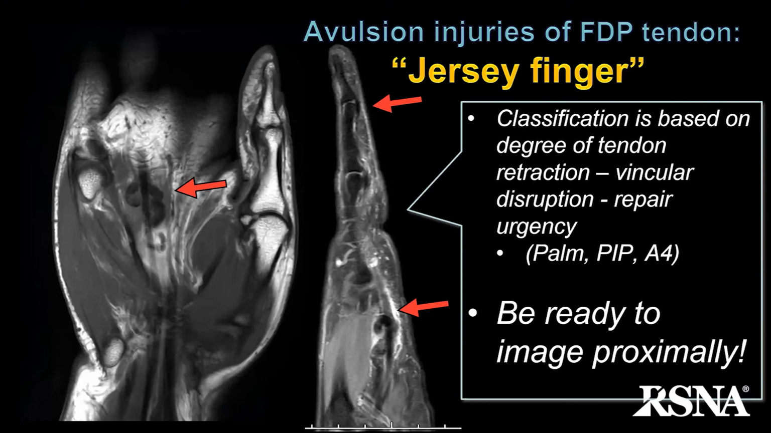This is another example of jersey finger when the tendon was retracted even proximally to zone 2, and the patient presented with the inability to flex the DIP, but also a palpable mass at the palm. So as you go into imaging those injuries, be prepared to extend your field of view more proximally to image the retracted tendon. And the second category of pitfalls is